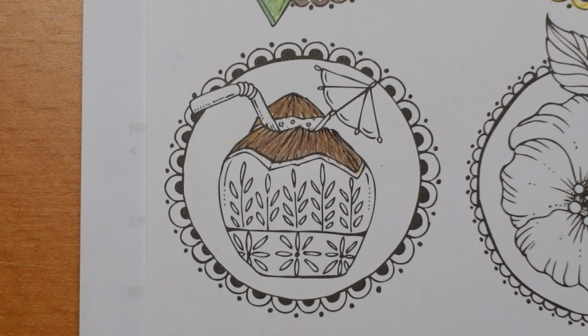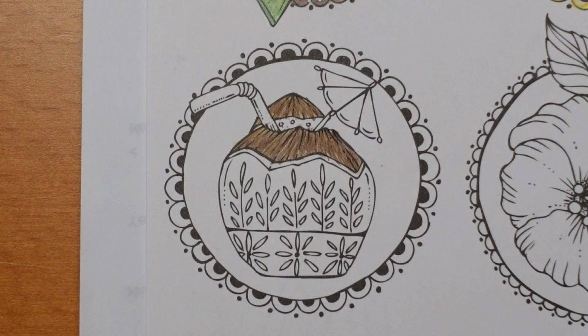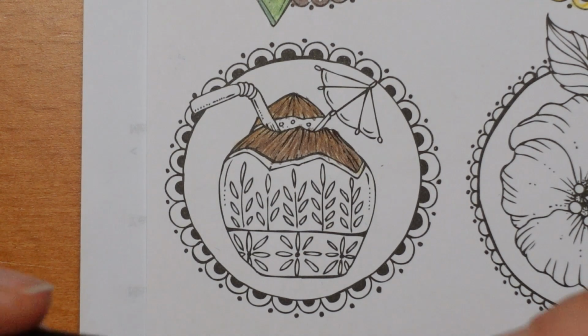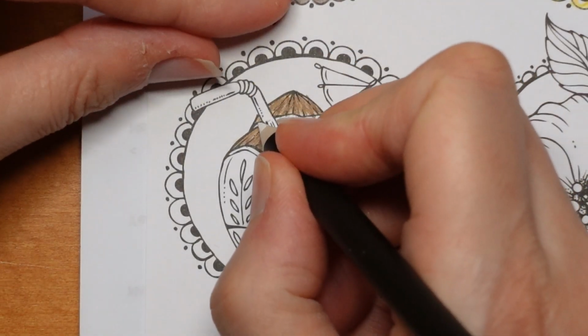Okay, my next thought is this little bit in between. There's some dots on it and I'm thinking, is that the actual coconut flesh within the lid part, or is it supposed to be the bubbles from the drink? I think it's going to be easier to colour it as if it was coconut flesh. Now the book paper is white, and coconut is white, so I'm just going to try and use the white. This is the titanium white,